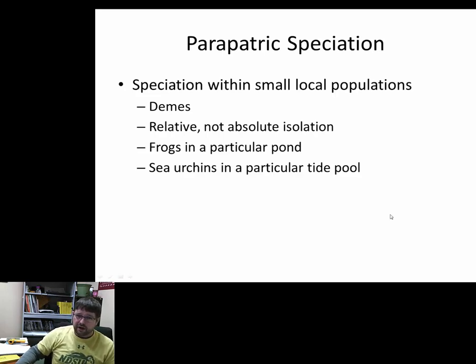Now, for the most part, I'm not super convinced that parapatric speciation occurs when people have demonstrated that it occurs. A lot of this might be, and this is just my opinion, a lack of evidence, or the study didn't go long enough. So instead of seeing something like sympatric speciation, or seeing that these organisms are actually mating with each other, the study was ended and it's deemed parapatric speciation. Even when it does occur and has been documented through scientific studies, it's extremely rare.